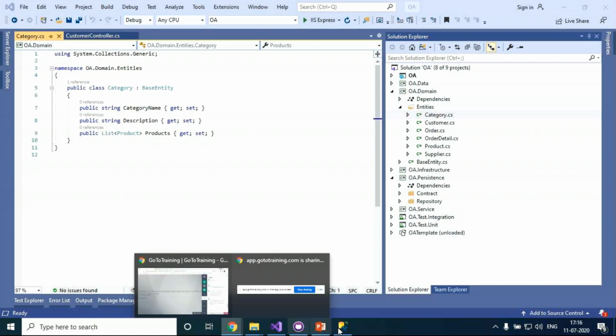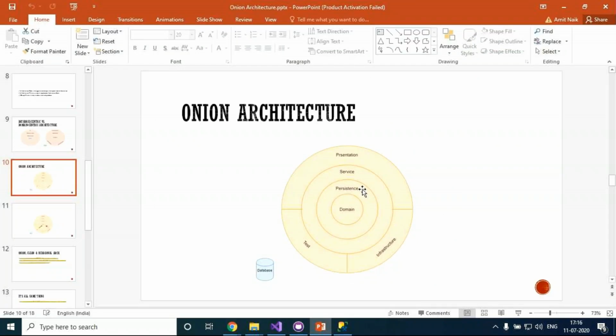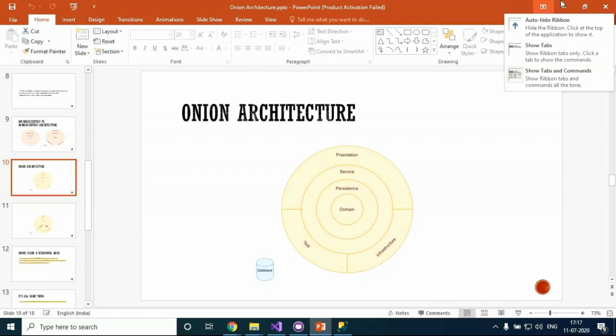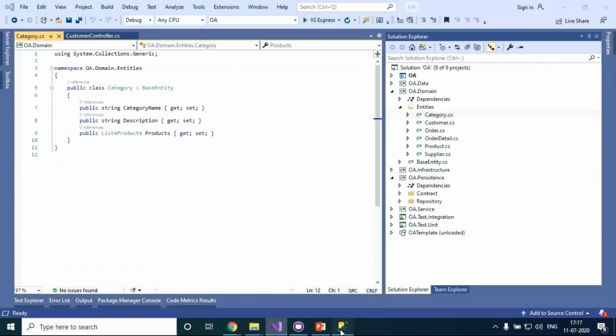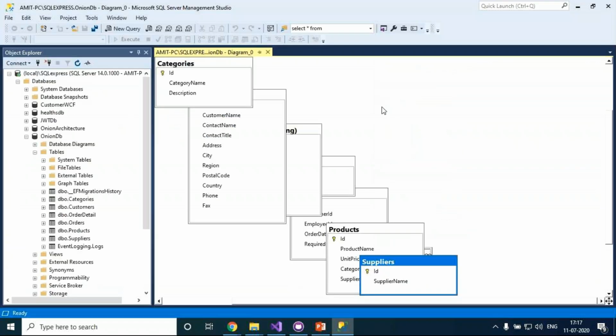In the persistence layer we are implementing Entity Framework Core here. It may be Entity Framework Core, Dapper, or ADO.NET, whatever it may be, a provider. Through this provider, I'm going to build this database.